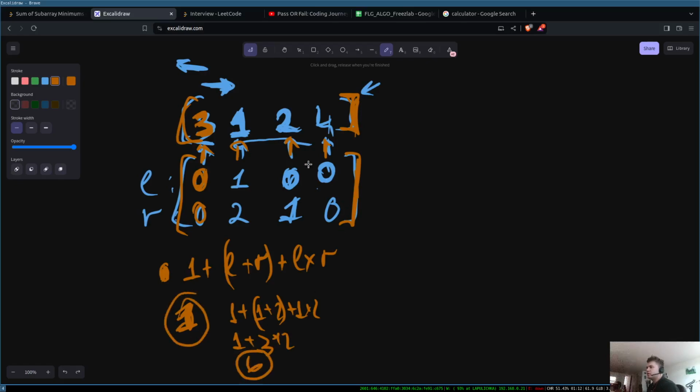Going to be 1, 6. For the 2, we'll have 1 plus 0 plus 1 plus 0 by 1. So it's going to be 2. And then here is also 1. No, something is wrong with this formula. So it should be